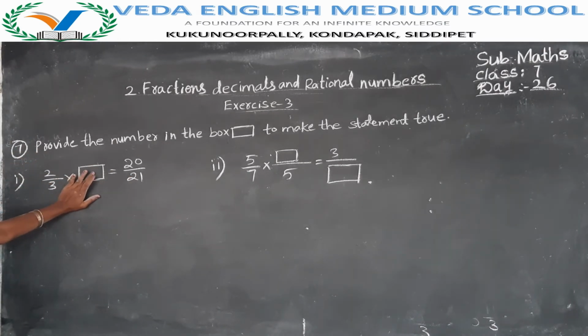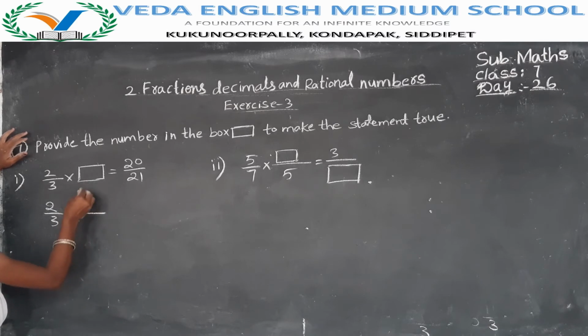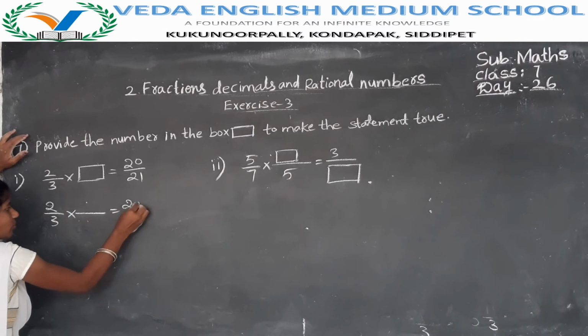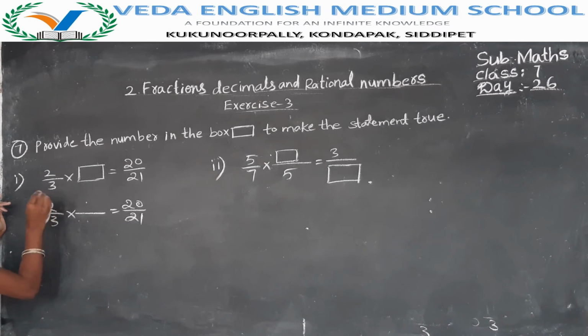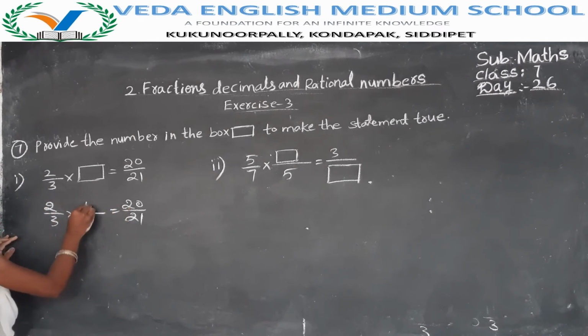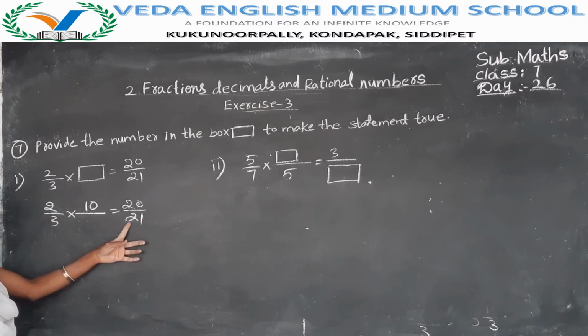That means what we have to write in this box to get this answer. Already division of fractions we have learned. No, we did not learn. Now see here, 2/3 into this box, it is numerator and denominator. What we have to write in the numerator and denominator to get the answer as 20/21? That means we have to multiply. Which number we have to write here to get 20 as the answer? We have to multiply by 10. If you multiply 2 with 10, then you will get the answer as 2 10s are 20. Now here, which number we have to take to get the answer as 21?